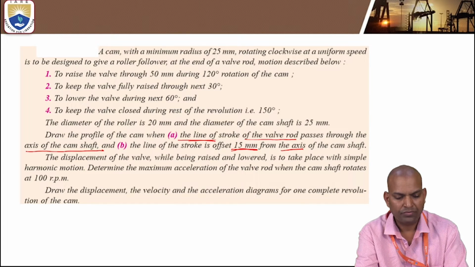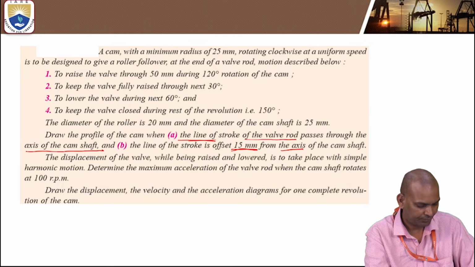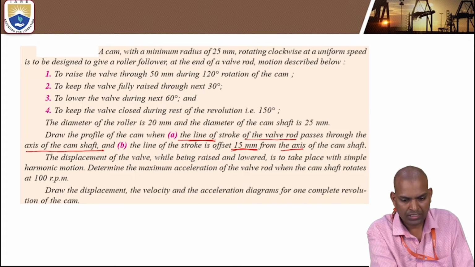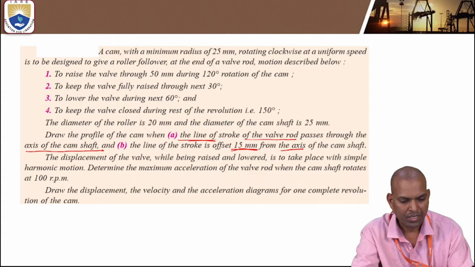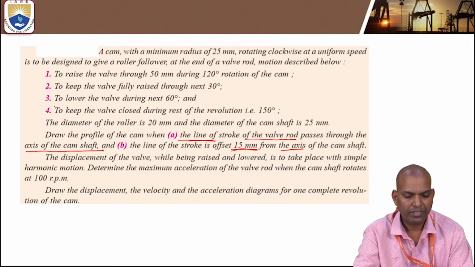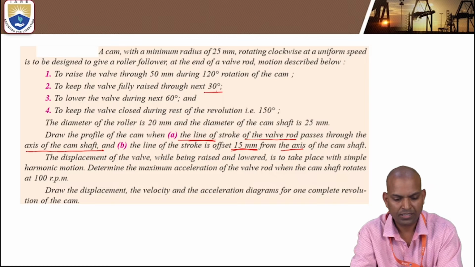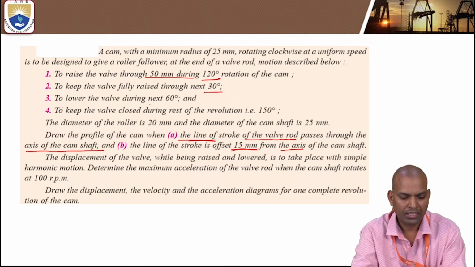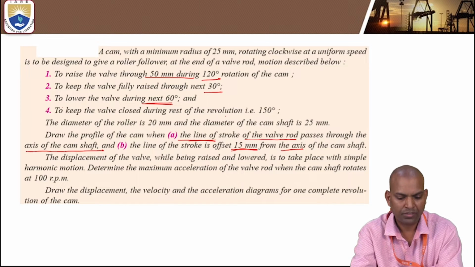To raise the valve through 50 millimeter during 120 degrees of rotation of the cam, to keep the valve fully raised through the next 30 degrees, and lower the valve during the next 60 degrees, to keep the valve closed during the rest of the revolution,